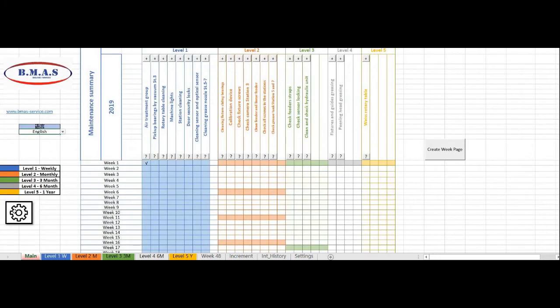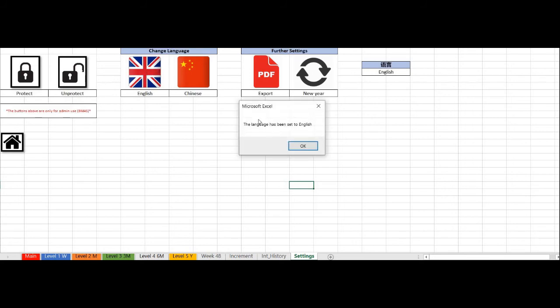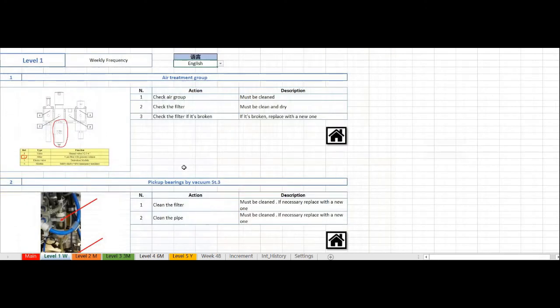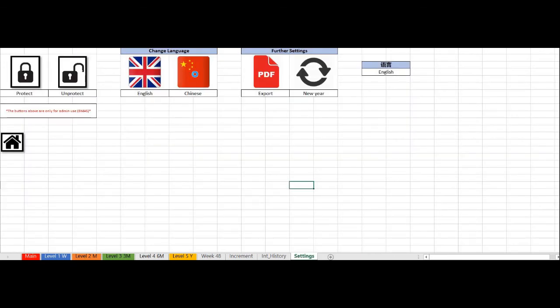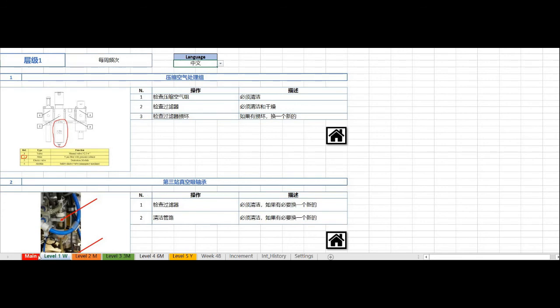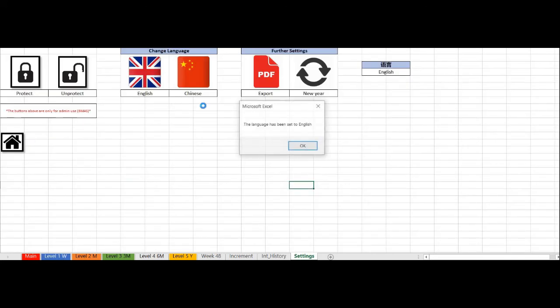However, if we go into the settings page, the language can be changed throughout the whole document. For example, let's change to English. The document is now all in English. If we change to Chinese, the language throughout the whole document will change to Chinese. Going back to settings,